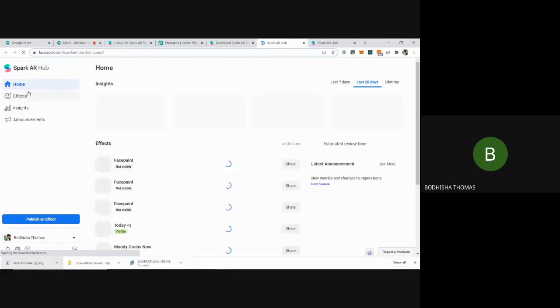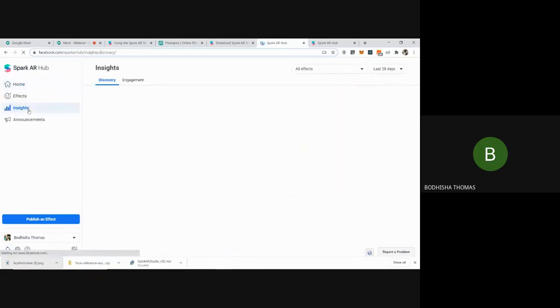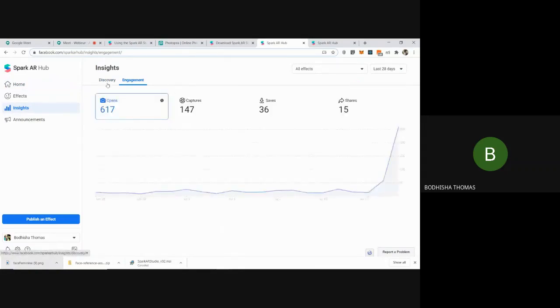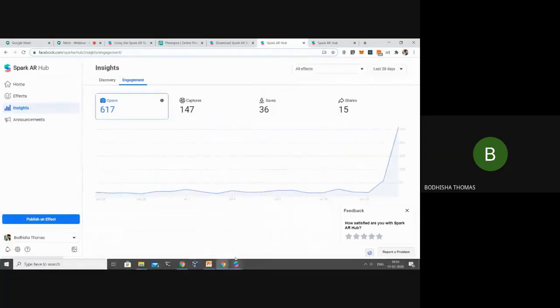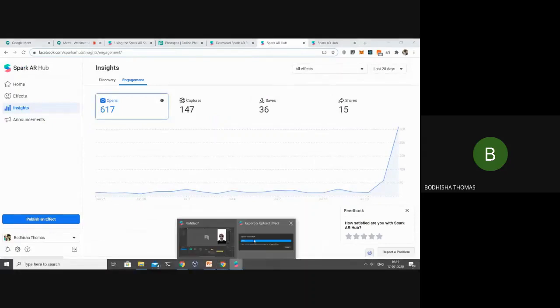It is showing your effect. You can see the insights also, like how many opens there are, captures, saves, shares, etc. You can view all those insights in this Spark AR Hub, and you can also manage your effects there. So that's about testing and publishing it to Spark AR.